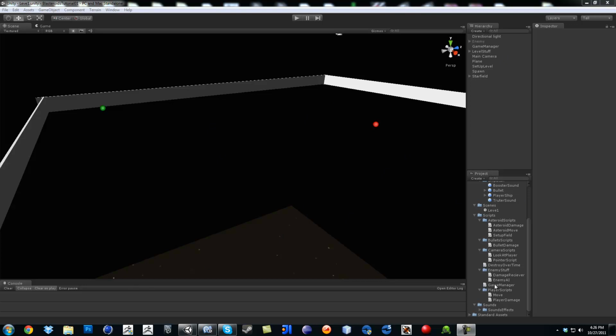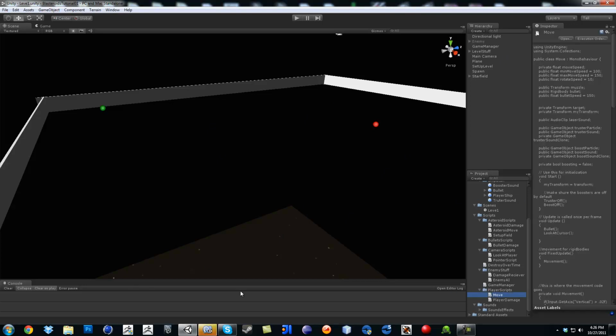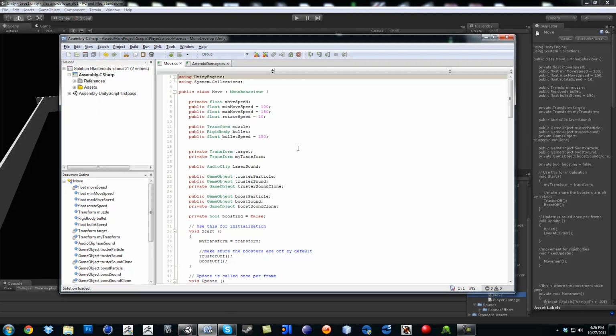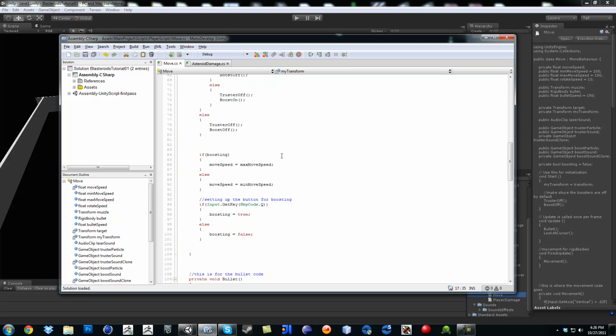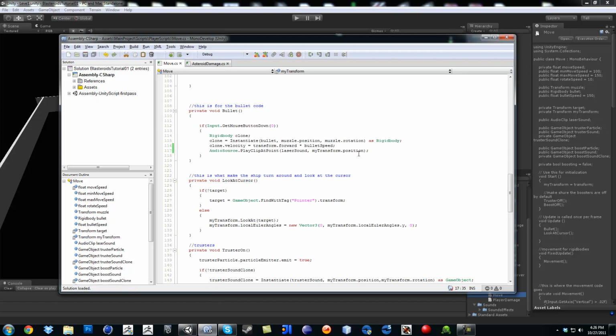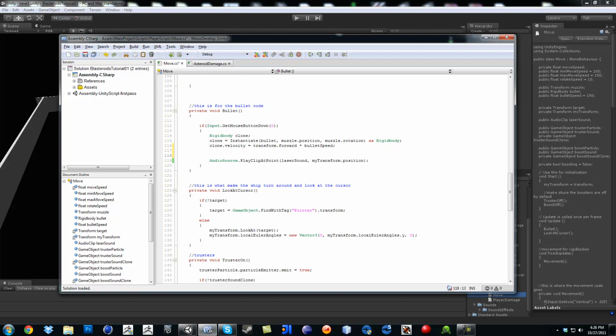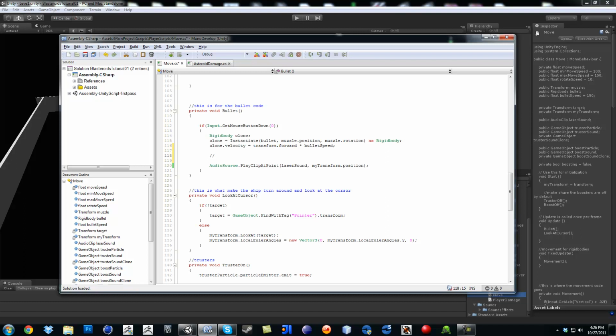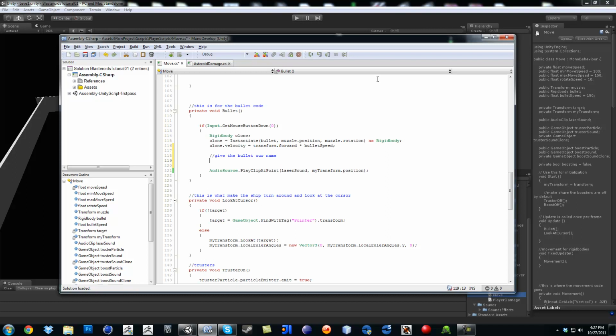So to start out, first we're gonna open up the move script and go to the area where we have our bullet down. Now this might sound kinda crazy. Well, have you ever heard the saying, I'm gonna kill you with a bullet with my name on it? Well, pretty much that's what we're literally doing. So in here, give the bullet our name. So now in here we made a rigid body clone, and then we say clone instantiate the bullet, and then